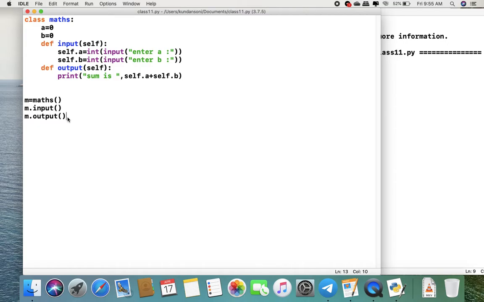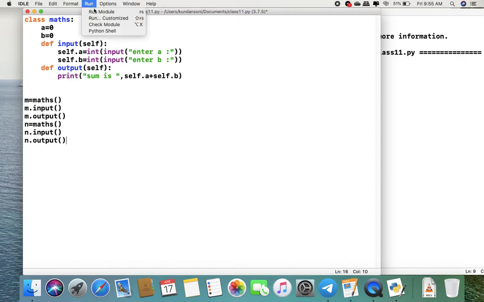If we want to use another object, we create another object n equal to Maths, and again we can call n.input and n.output. In this program, first the m object is called with m.input and m.output. The second object is n, which calls n.input and n.output.